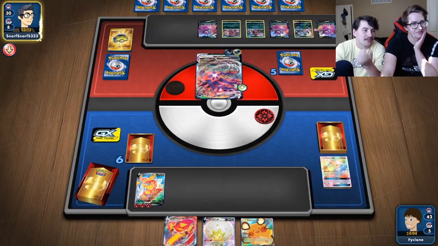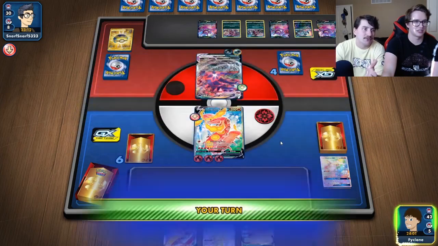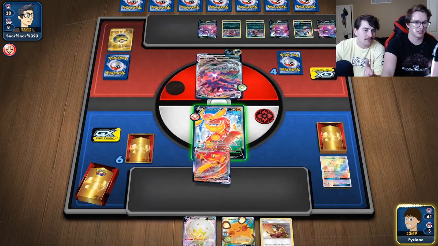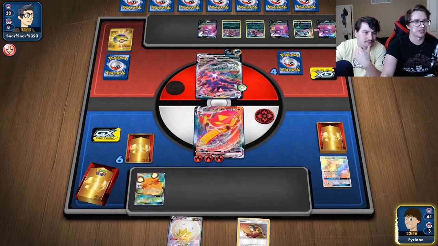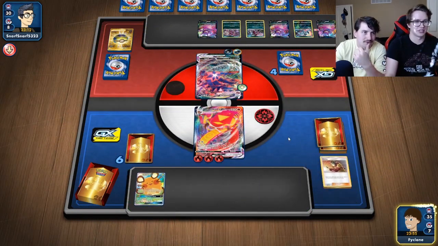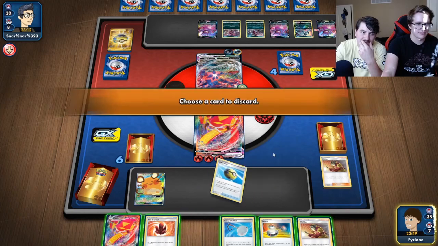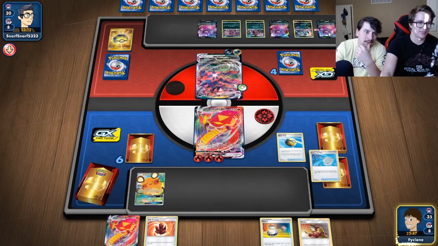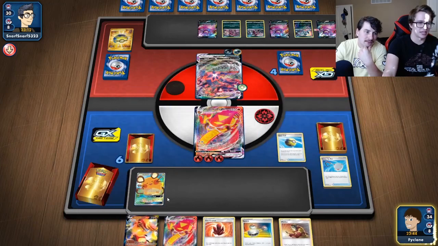Yeah, because he still has to knock out, technically, ideally, 2 VMAX Centiskorch, but that probably won't happen. Yeah. We can try and play for that, though. We can try and play for that out. So it's going to be hard, because here we have Dedenne on the bench now. Throwaway net, yeah. Throwaway the net. Another Centiskorch. And then... Because next turn